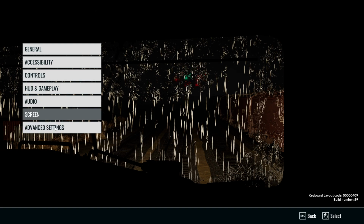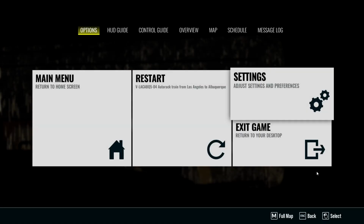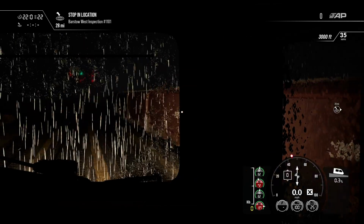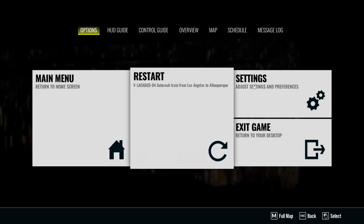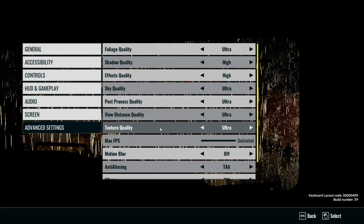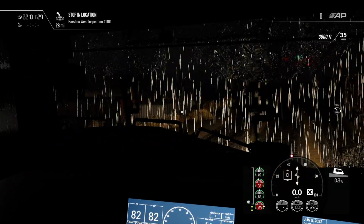Let's see if motion blur would fix that. Nope, still the same way. That's like the worst rain look I've ever seen. Luckily they have mods for that, but